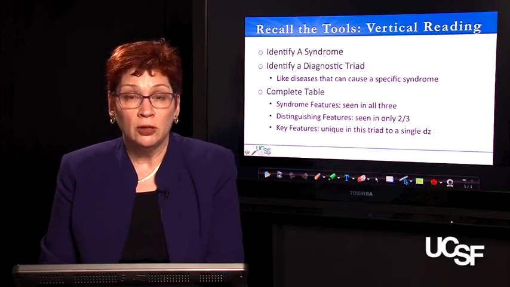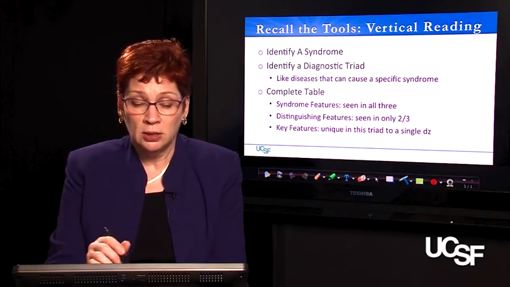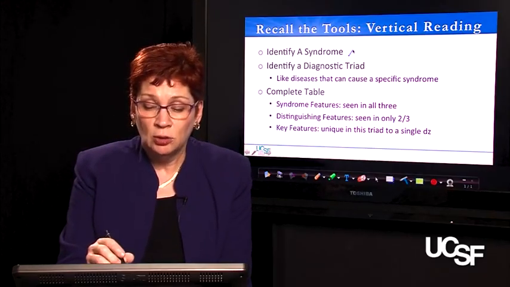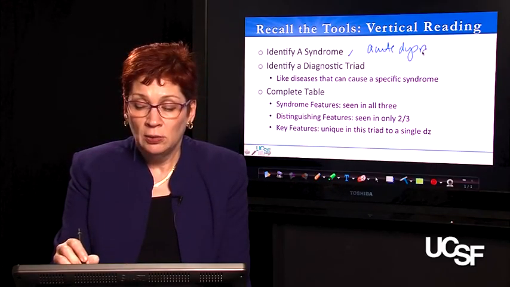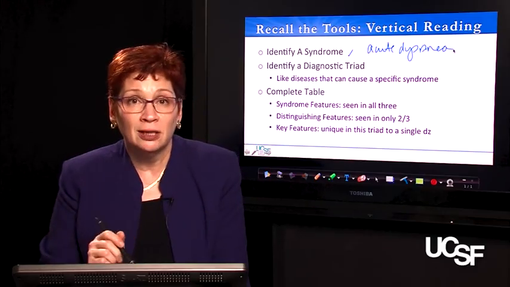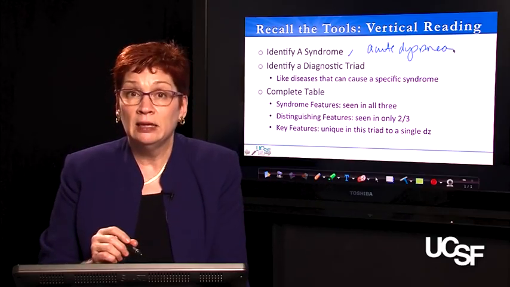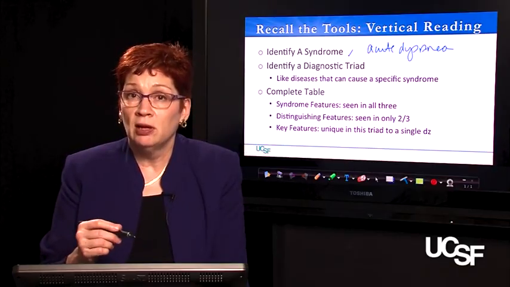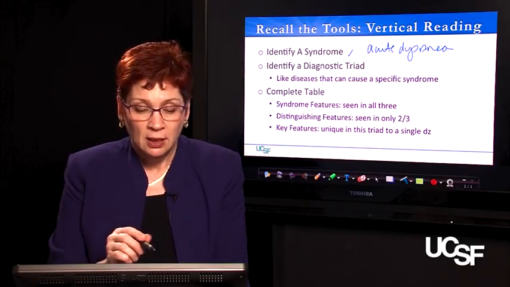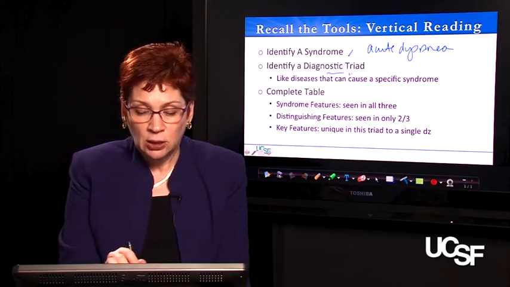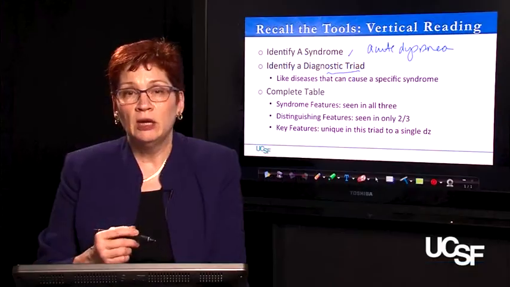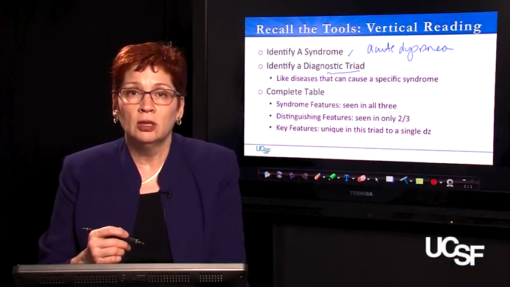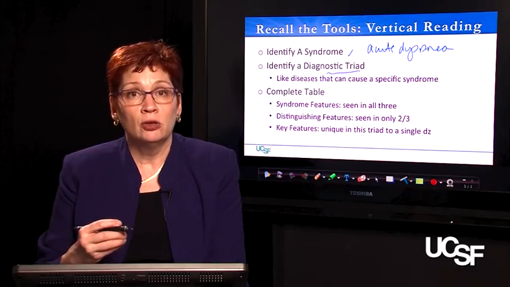We've been using vertical reading throughout our course. You identify a syndrome like acute dyspnea, or a syndrome like, which I know there's a lot of controversy on the homework about this, aseptic meningitis, that's meningitis without an obvious organism present. And then you identify a diagnostic triad, like diseases that can cause those specific syndromes. As many of you have recognized throughout this course, the diagnostic triad, or the 3 diseases